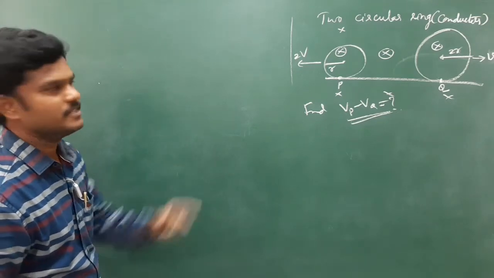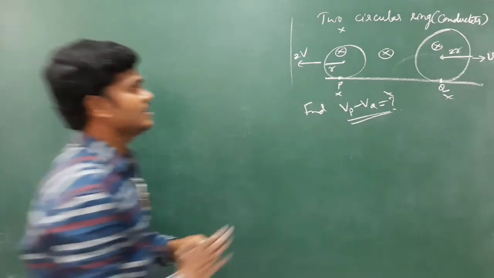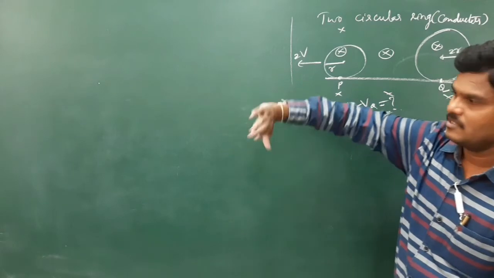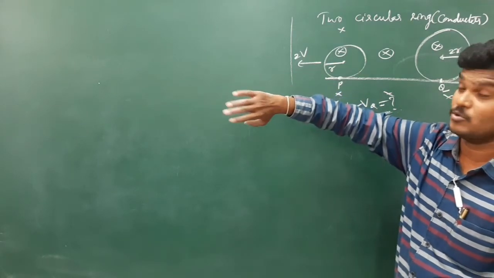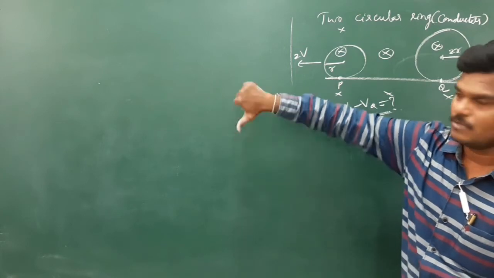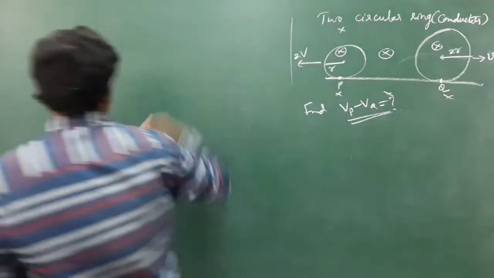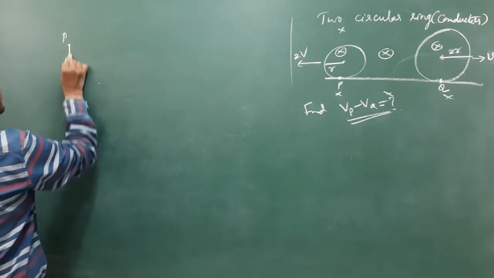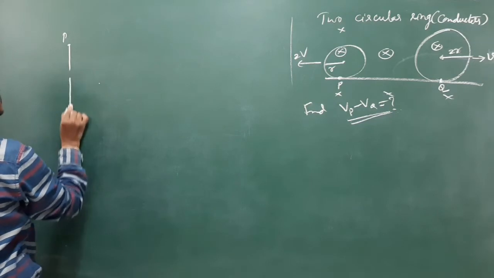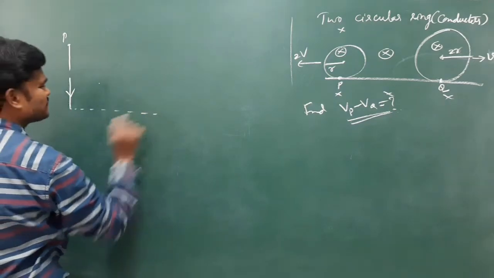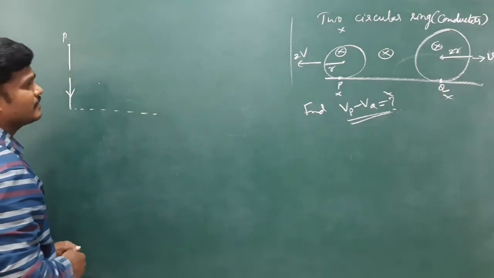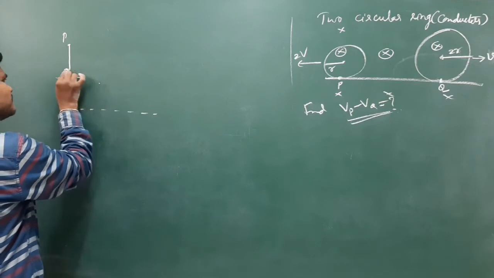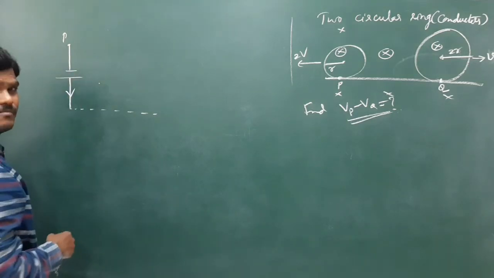Then identify the EMF, meaning replace the semicircular wire with a battery symbol. See, the velocity is V, into the board. Using the V, B rule, the thumb shows down. The thumb shows down, which means some induced current will flow down. So here if I put any point P, some current flows down. Some current flows down means, see the symbol, this is the symbol because the current is flowing down.